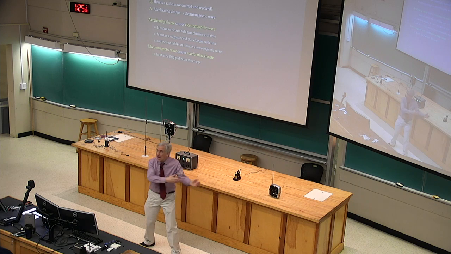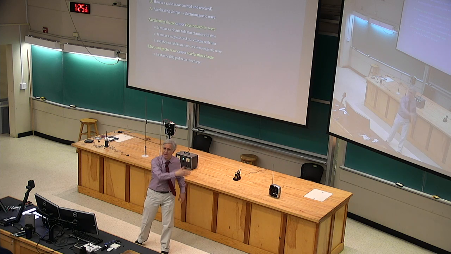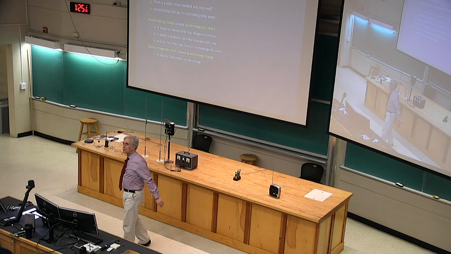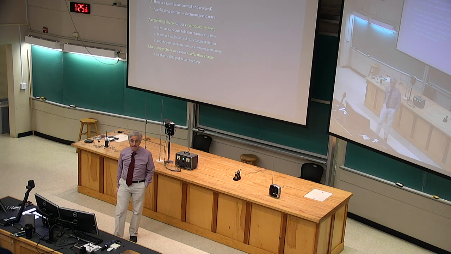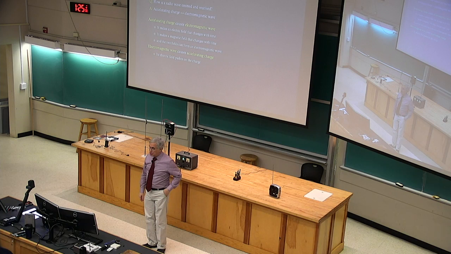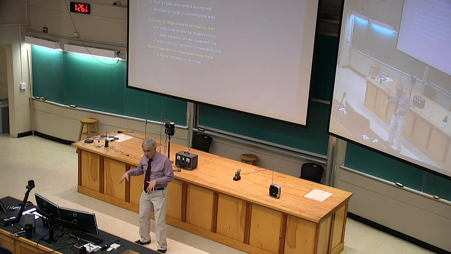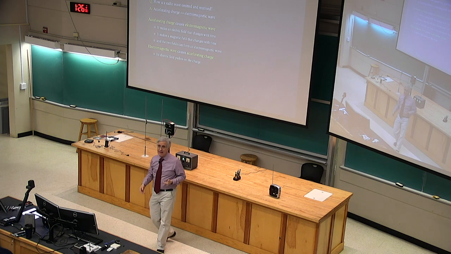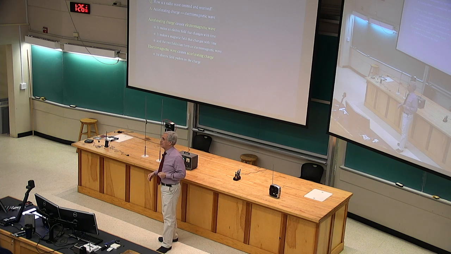Have the current slosh back and forth like water in a tank. Have the current slosh back and forth through the wire. In that case, the charge is moving around. Sometimes you've got more charge here, sometimes you've got more charge there. The charge is changing with time, and that creates an electric field that changes with time.